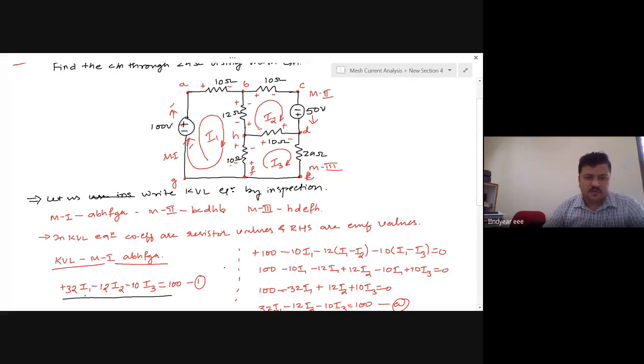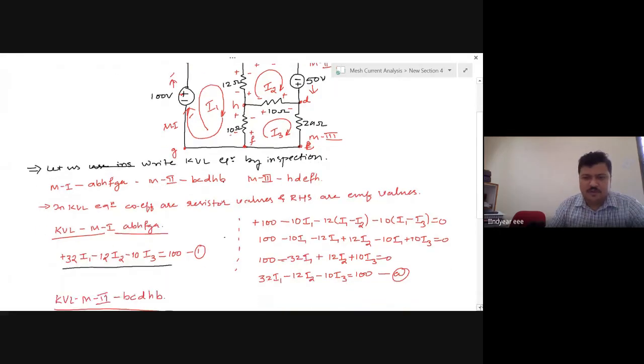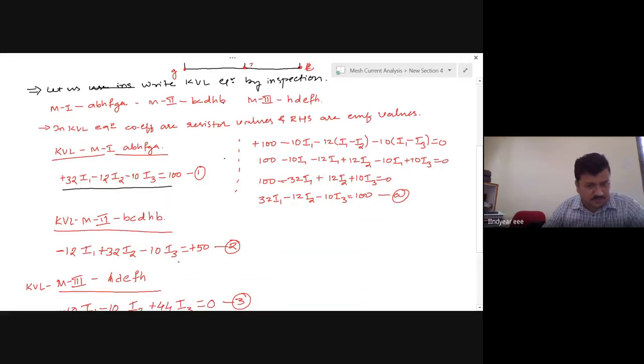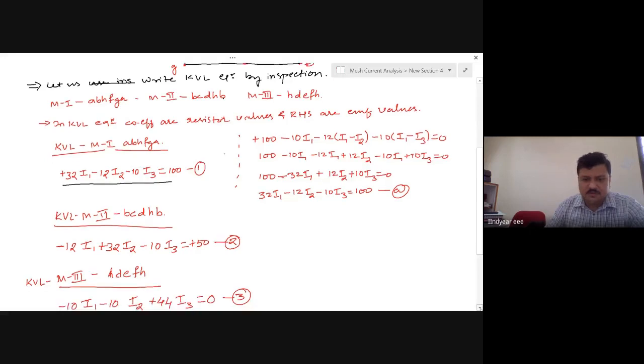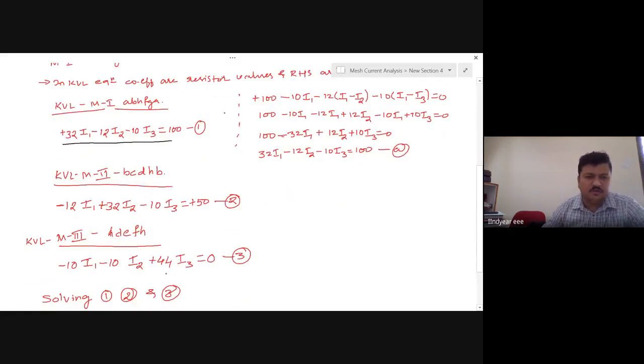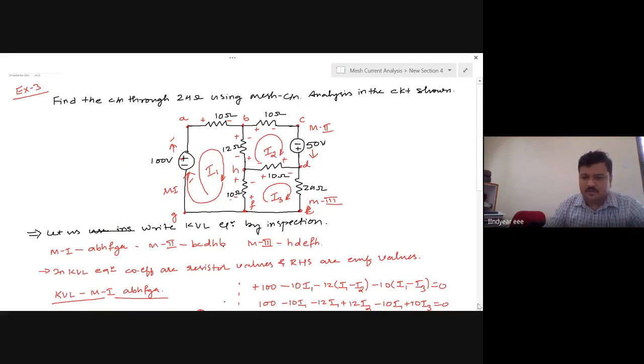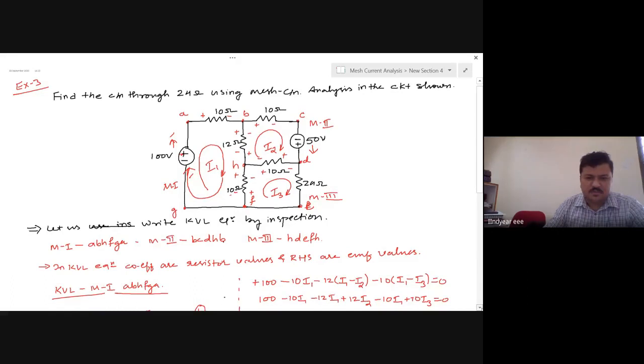Observe the coefficient of I1 in mesh 1 is larger than the other two coefficients. Coefficient of I2 in mesh 2 is larger than the other two coefficients. Coefficient of I3 in mesh 3 is larger than the other two coefficients. So now when I observe the mesh equation,